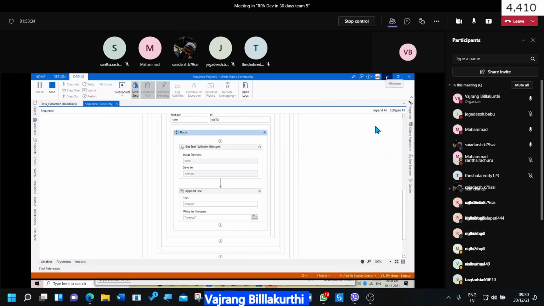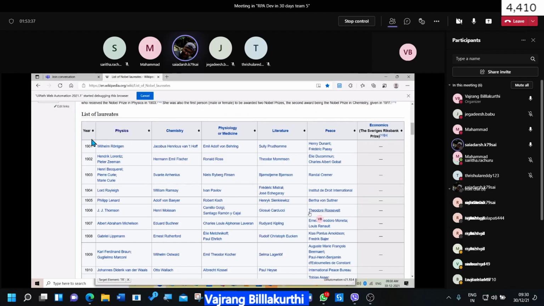So earlier what we did, we took all the table rows, then we are taking all the table data. Okay, this was successful.